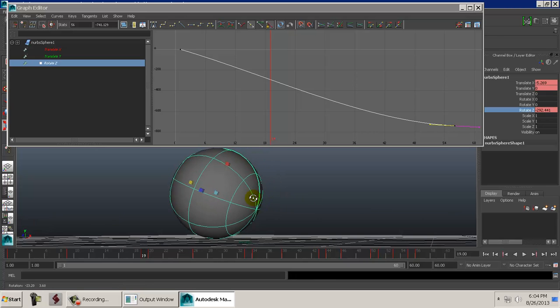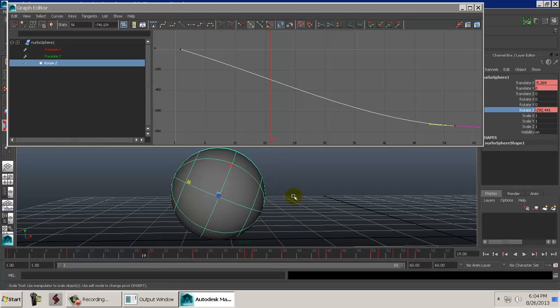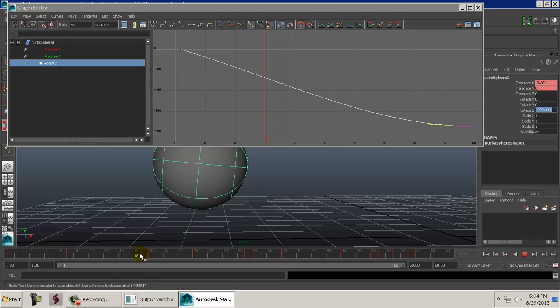Okay, so this doesn't give me a really good perspective as to how I can get a good rotation on this. So what I'm going to do is try to rotate this in increments that make sense to it. So basically, I'm going to flip it over. Every time it comes over, it's going to rotate 180 degrees. All right. So right here at this point,